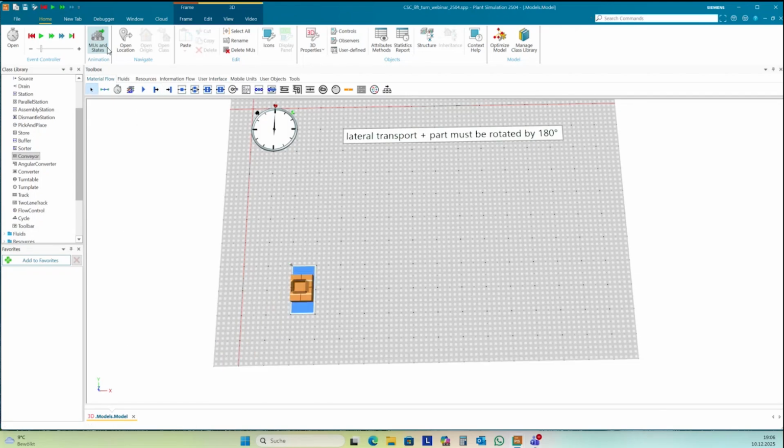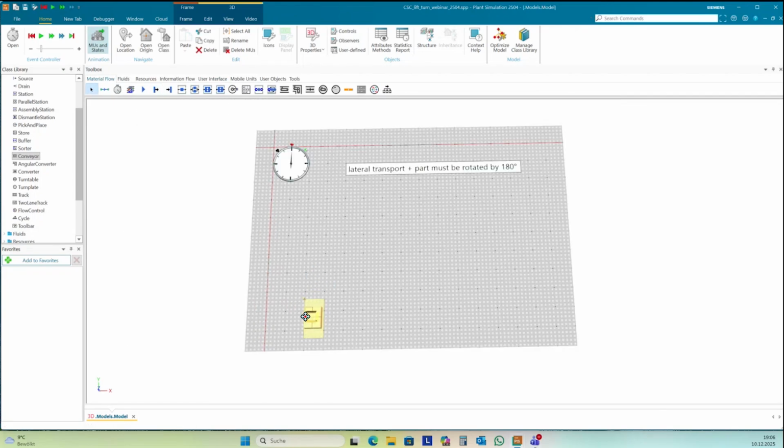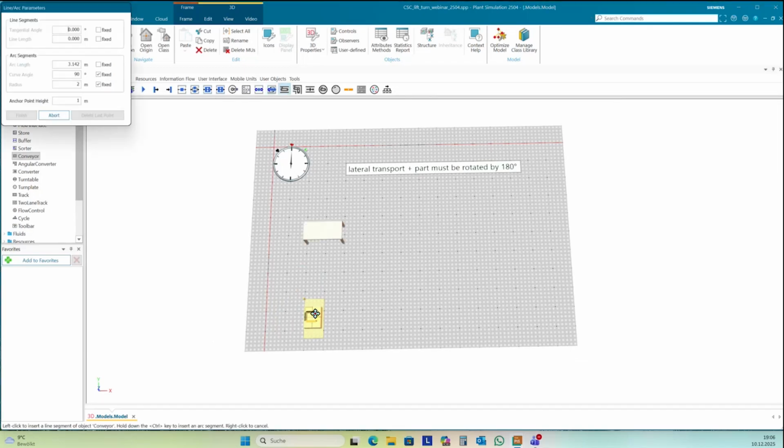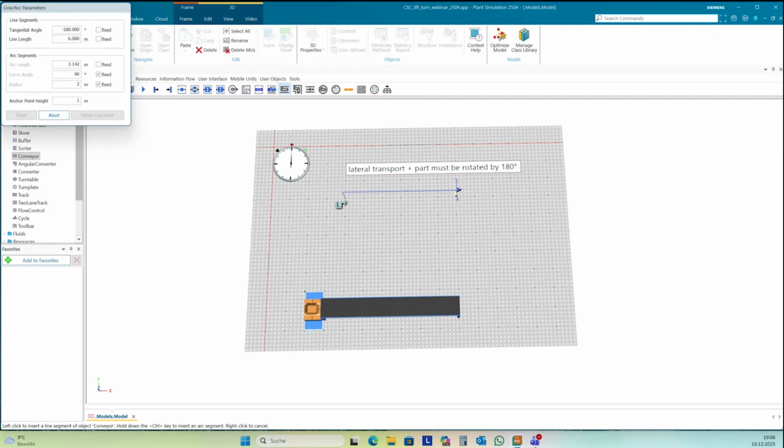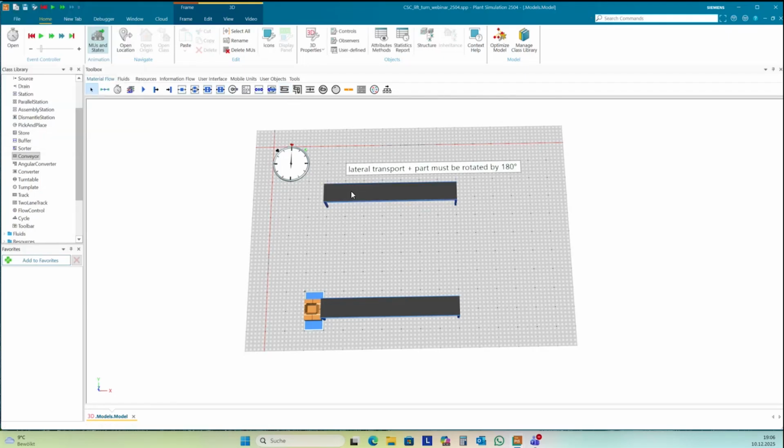Okay, first I create one really simple example. I have one source. I have a conveyor. I have a second conveyor in the other direction, and I have a train.